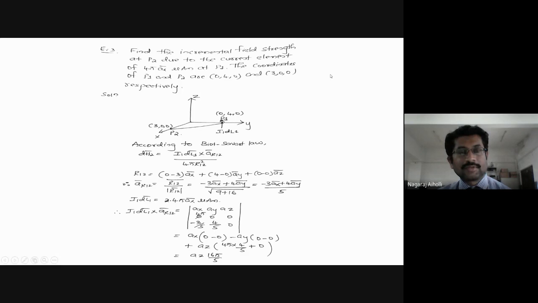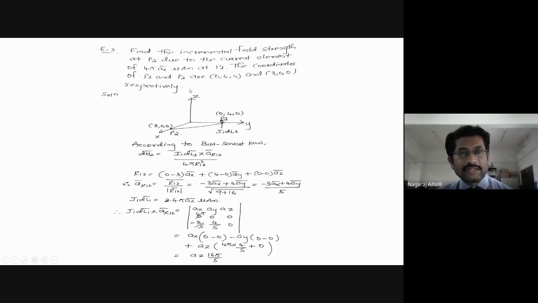So whenever any example is asked, read the problem statement once, twice, take 1 or 2 minutes, understand the problem and see what the given data is. Even if it is the same example, you need not memorize the solutions. You have to use the available concepts and formulas, and then accordingly solve the given example. This is the approach that you all have to follow for solving any example in this subject.